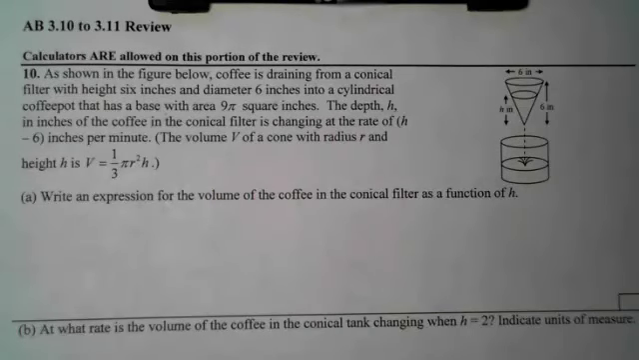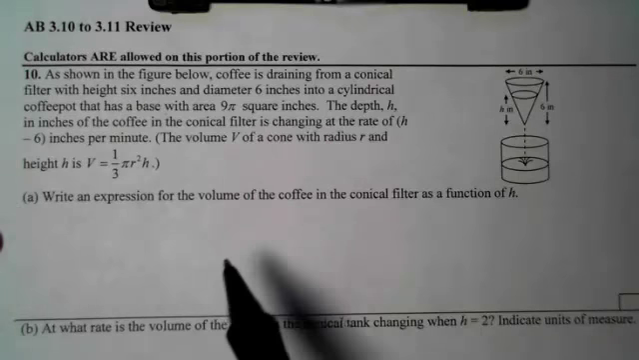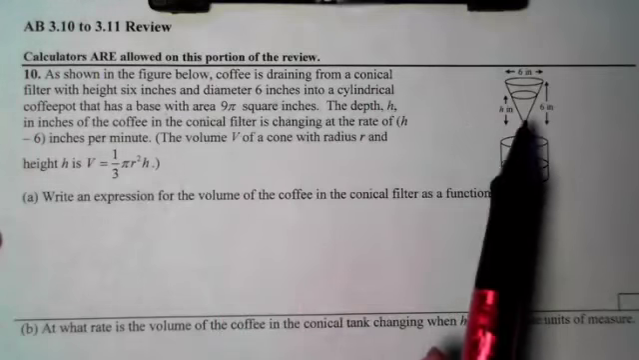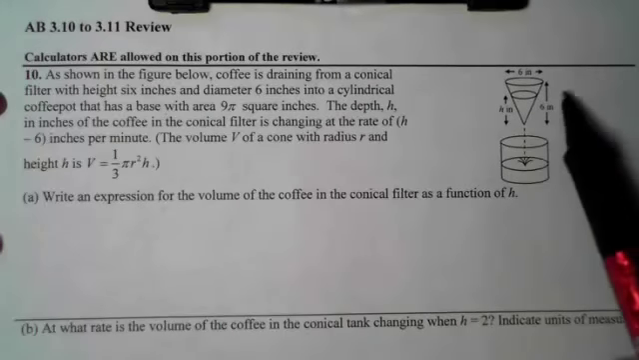This is our 310 to 311 review number 10. It's the free response problem, and calculators are allowed. This is a pretty rigorous related rates problem that showed up as an AP free response problem a few years ago. So what we have here is a conical filter that has a specified